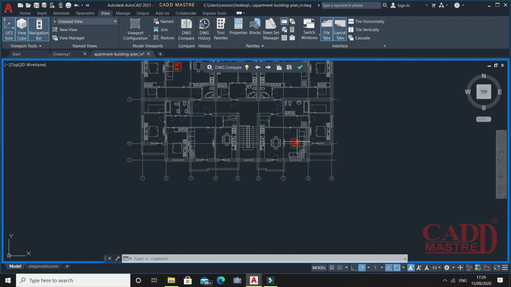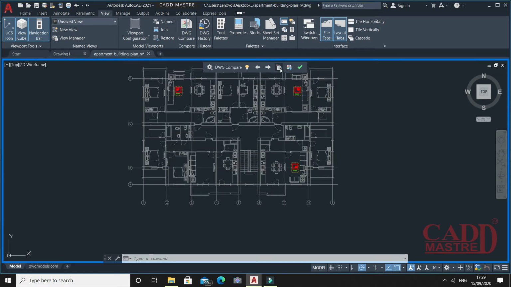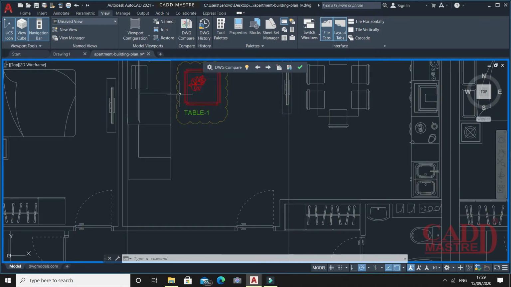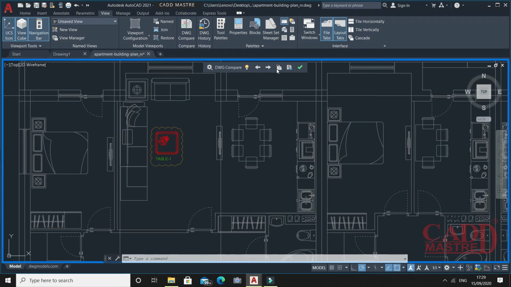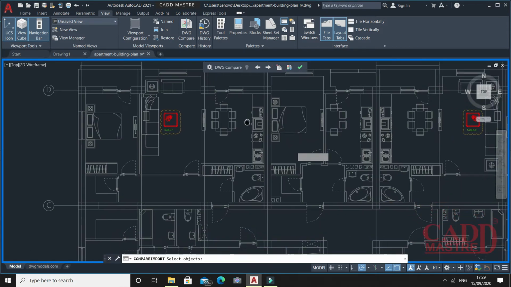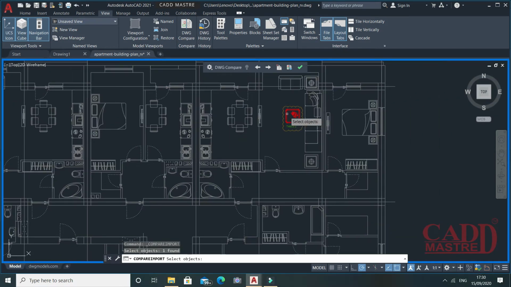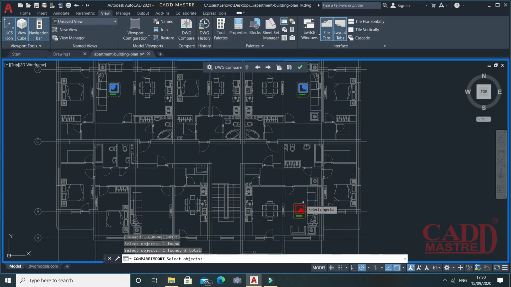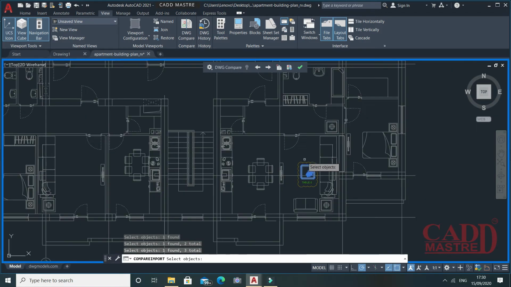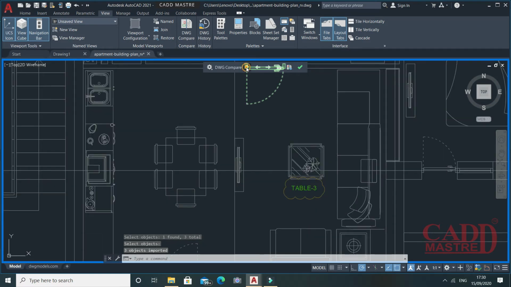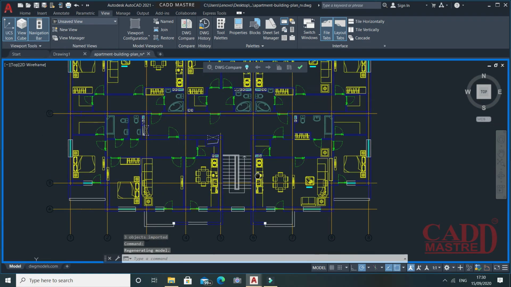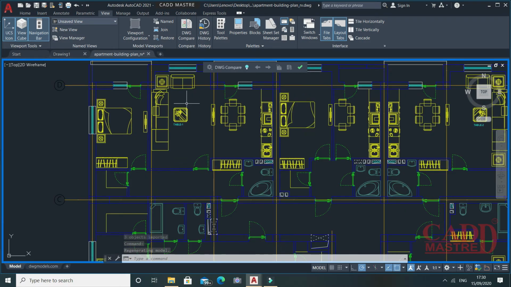Now if you want to insert that object which I deleted, like this table, you can just click here, Import Object, and select here. Whatever deleted object there is will be inserted again. Once you click, say OK. Now if you check this, you will find this object comes up at its position.